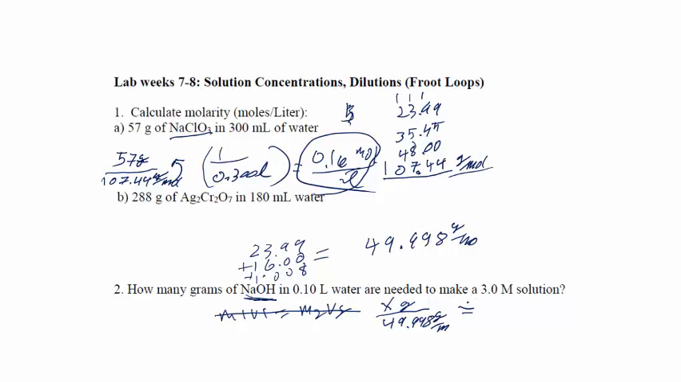Equals times 1 over 0.10 liters equals 3.0 mole per liter. So again, we would multiply and divide to put the x on one side. So we have x grams equals